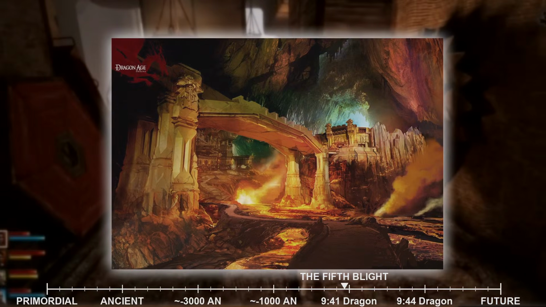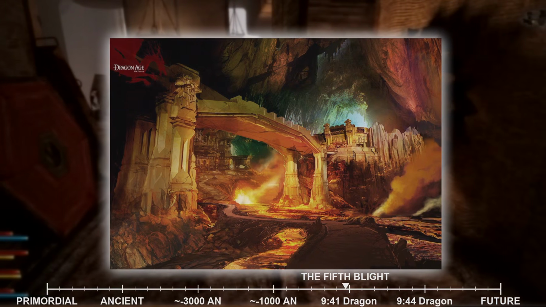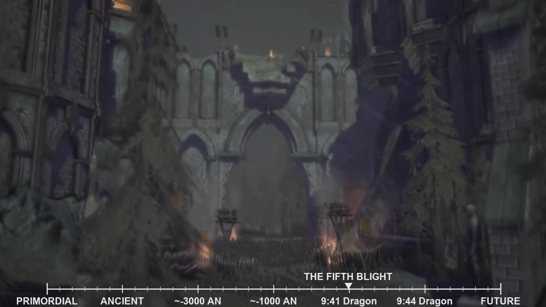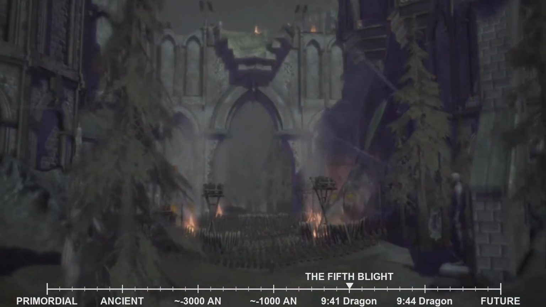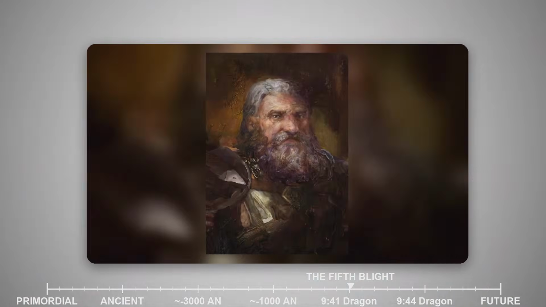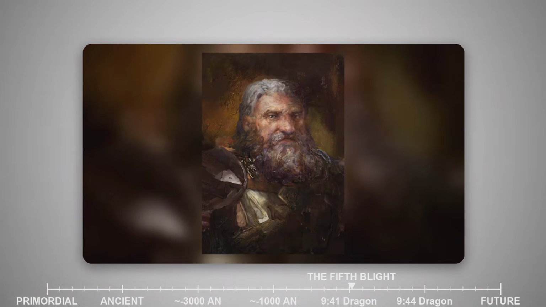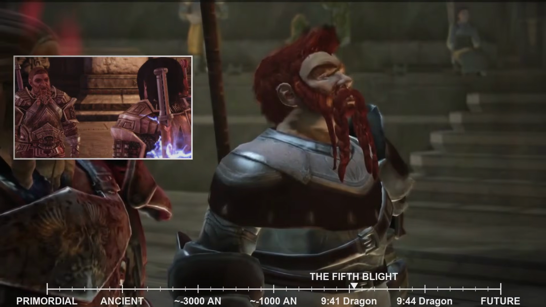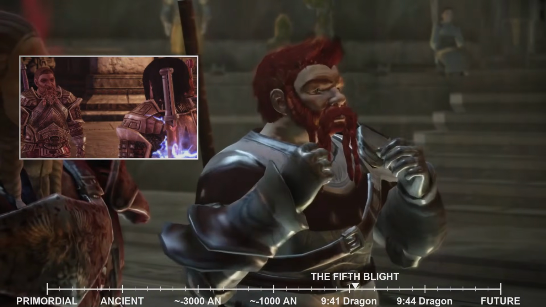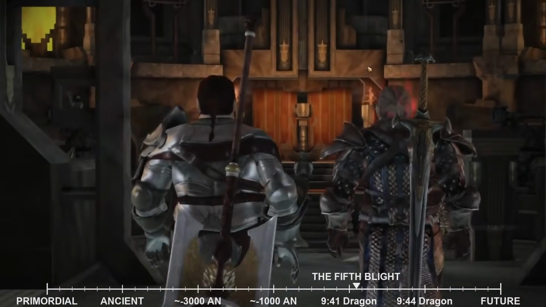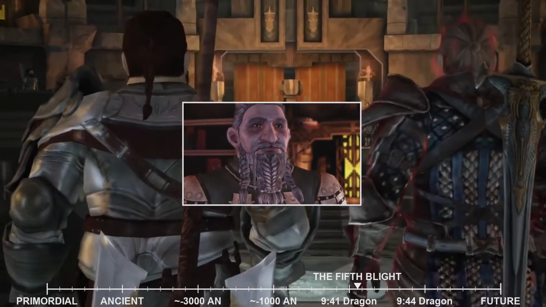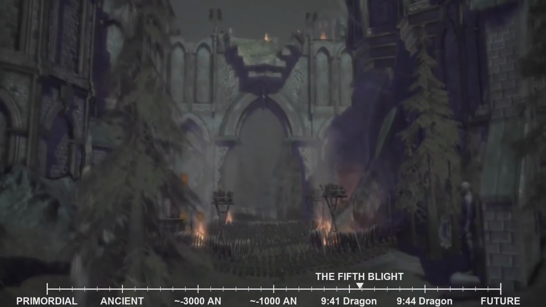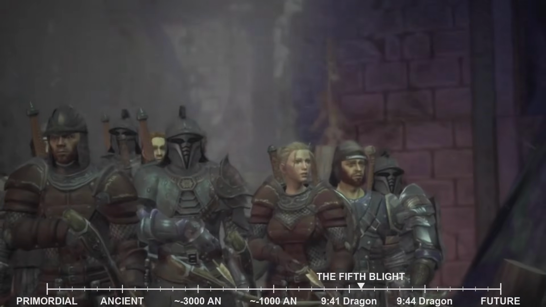Orzammar, a marvel of engineering and craftsmanship, was a society steeped in tradition, honor, and rigid social structures. However, upon arrival, the Warden discovered the city was embroiled in a fierce succession crisis. The recently deceased King Endrin Aeducan had left no clear heir, plunging the city into a political maelstrom. Two powerful candidates vied for the throne: Prince Bhelen Aeducan, the ambitious and reform-minded youngest son of the former king, and Lord Harrowmont, a traditionalist and respected elder noble. Both factions sought the Warden's aid, promising dwarven support against the Blight in exchange for their backing.